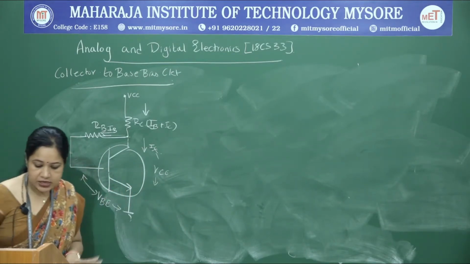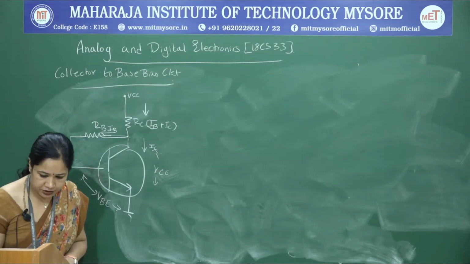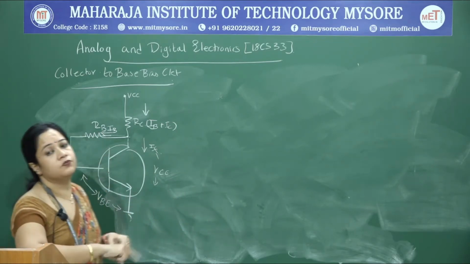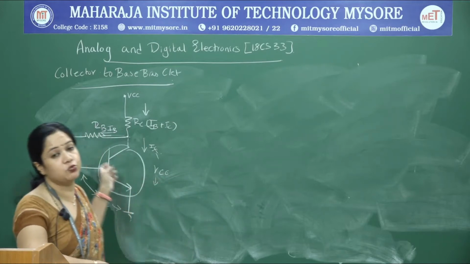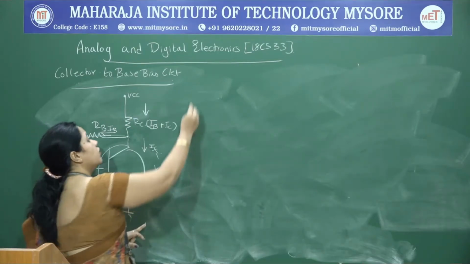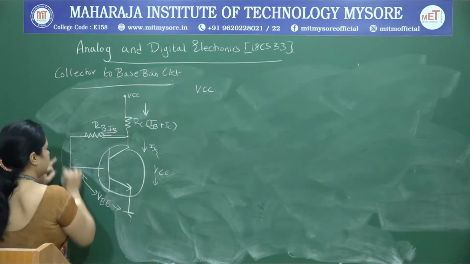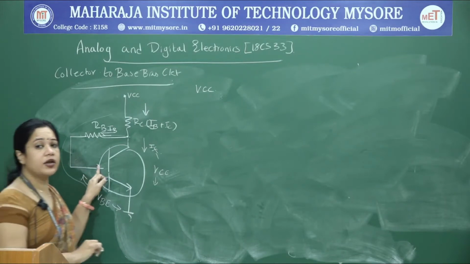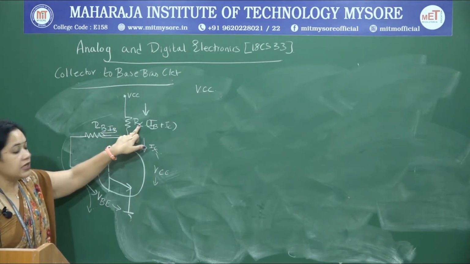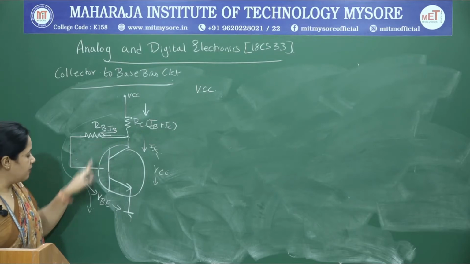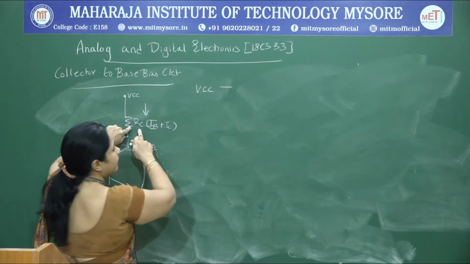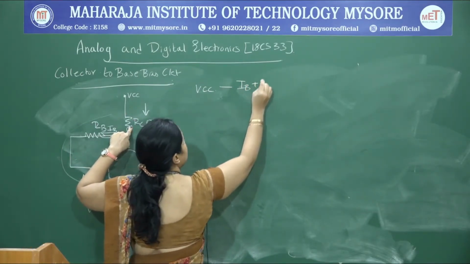So for this, we apply KVL to the input loop, or base emitter loop. What is KVL? The sum of all the voltage drops plus the electromotive force in a given loop is equal to 0. So we apply KVL to the base emitter junction. Accordingly, VCC minus the voltage drop across RC, which is (IB plus IC) into